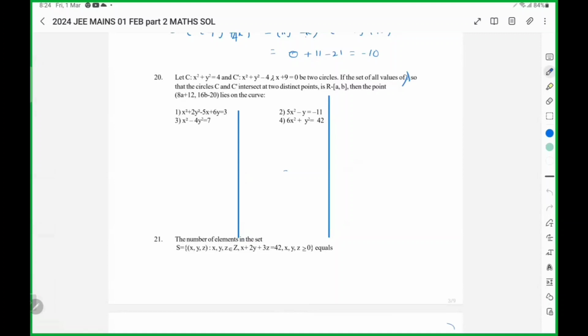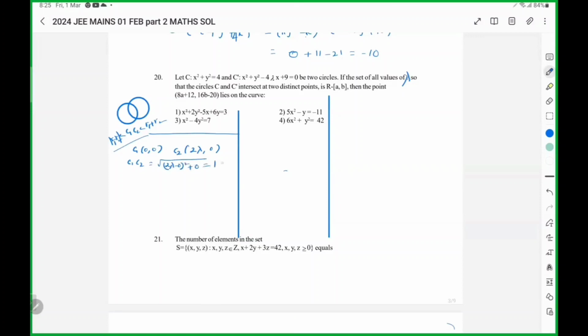Here, the condition for the circles to intersect in two different points is that C1C2 lies between R1 plus R2 and mod of R1 minus R2. So let us find out the first circle's center. Second circle's center is (2 lambda, 0). C1C2 is